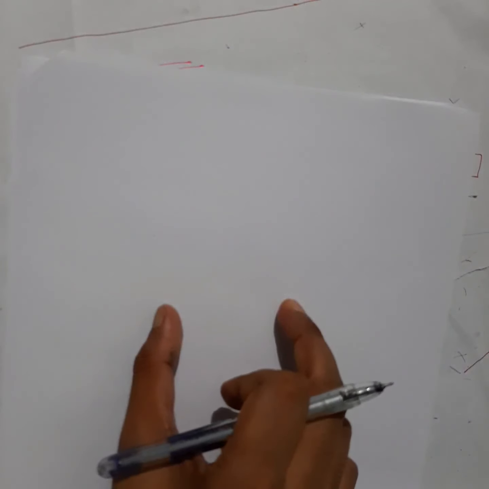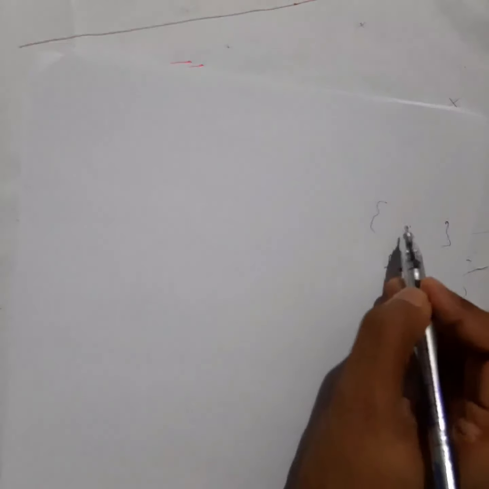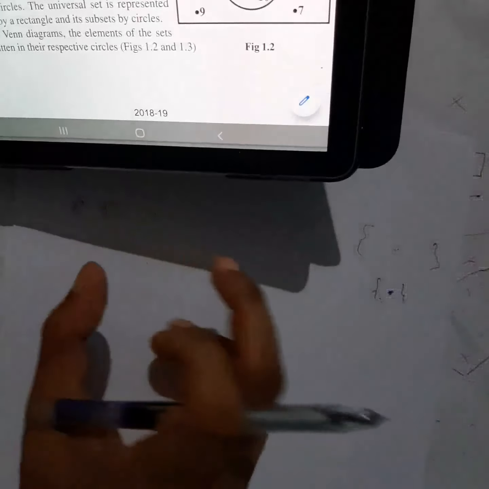Means bigger than, if I ask you what will be the universal set for you, if you are the element, for you the class will be the universal set, because the class is a bigger set than yours, right? If you are in a set, you are the single element, for you the class will be the bigger set and you are in this set, so that bigger set will be the universal set for you. Okay, so in your question number 8.1, what universal set will you propose? Means you have to give a universal set for the following set.